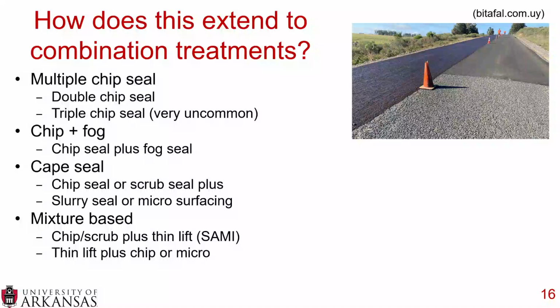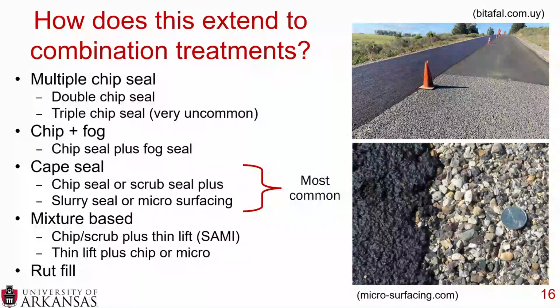Then we also have some mixture-based combination treatments. You can put a chip seal or a scrub seal down plus a thin lift, and this is also called a SAMI. Or you could put a thin lift plus a chip seal or a micro. And then finally, you could put a rut fill. Put that microsurfacing down in the rut and then place a surface treatment on top. Now, by far the most common is a cape seal, based on literature,